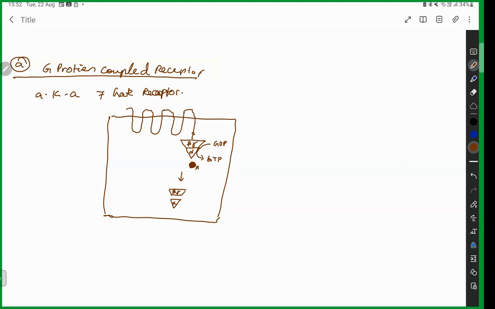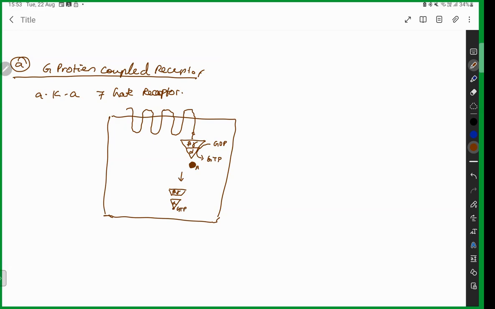ஓகே, ஆல்பா சப்யூனிட்ல தான் உங்களோட அகோனிஸ்ட் ஆக்ட் பண்ணது. பட் அகோனிஸ்ட் அதோட முடிஞ்சு போச்சு. அந்த அகோனிஸ்ட் குவானசைன் டைபாஸ்பேட்டை குவானசைன் ட்ரைபாஸ்பேட்டா கன்வெர்ட் பண்ற அந்த ஸ்டிமுலேஷன் மட்டும் தான் கொடுக்குது. ஒன்ஸ் அந்த ஸ்டிமுலேஷன் வந்தோம்னா குவானசைன் ட்ரைபாஸ்பேட் ஆல்பா சப்யூனிட்டை பிரிக்குது. ஆல்பா சப்யூனிட்டை பிரிச்சோன்னா இந்த ஆல்பா சப்யூனிட்டோட எண்டில் என்ன இருக்கு? இப்ப ஜிடிபி குவானசைன் ட்ரைபாஸ்பேட். ஸோ இது வந்து இட் கேன் ஆக்ட் ஆன் 2 மெக்கானிசம்.